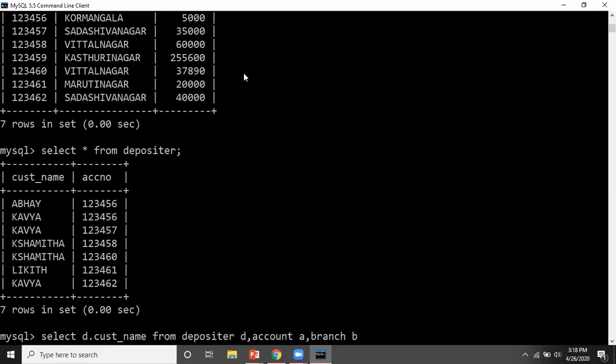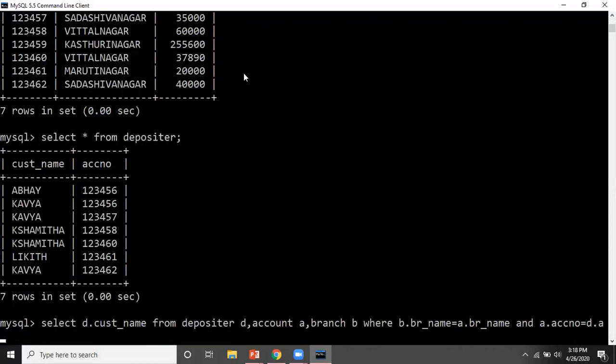Now to remove redundancy, the common attributes I have to give in the where clause. So where branch name is common between branch and account: b dot br underscore name equals a dot br underscore name, and for account and depositor, account number is common, so a dot accno equals d dot accno.